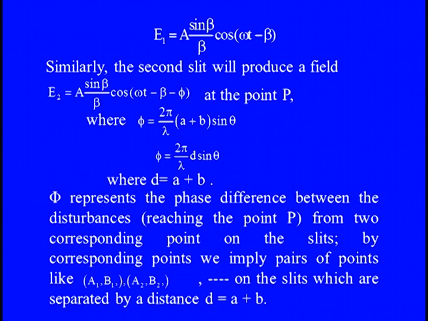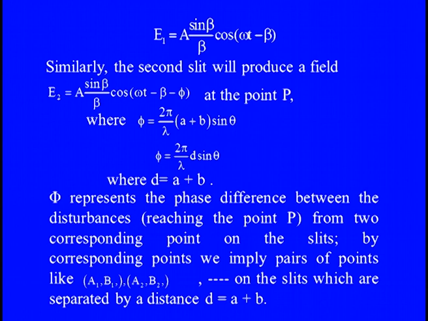The field produced by the first slit at the point P will therefore be given by E1 = A sin β/β cos(ωt − β). Similarly, the second slit will produce a field E2 = A sin β/β cos(ωt − β − φ) at the point P, where φ = 2π/λ (a + b) sin θ, or φ = 2π/λ d sin θ, where d